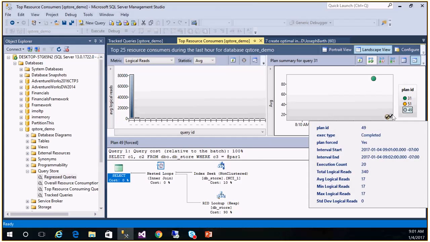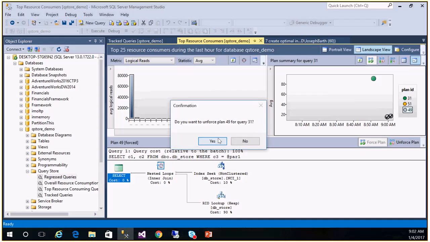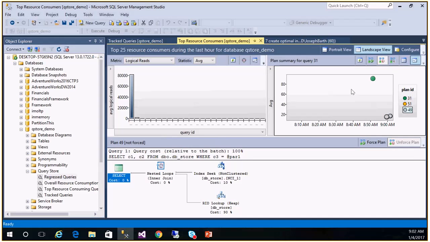Yep, so it used the forced plan, so it uses the first index, and we don't want that. So in order to unforce it, you can just do that, and that'll unforce it. As you see, there's no more check. Now if we run it again,